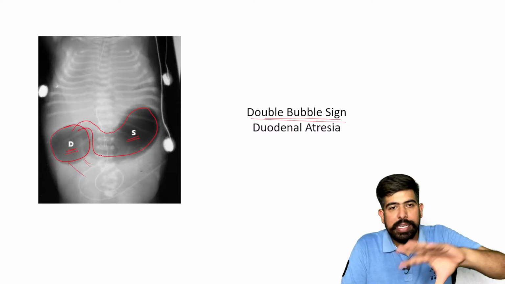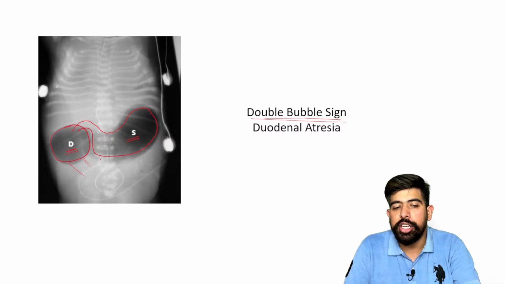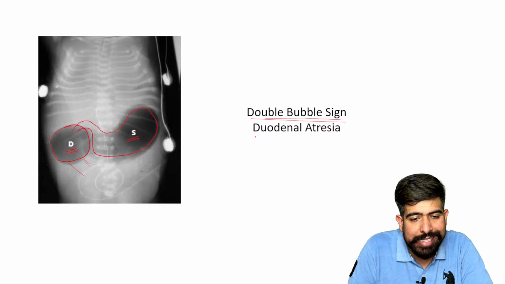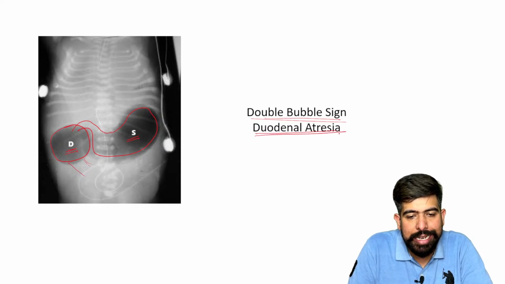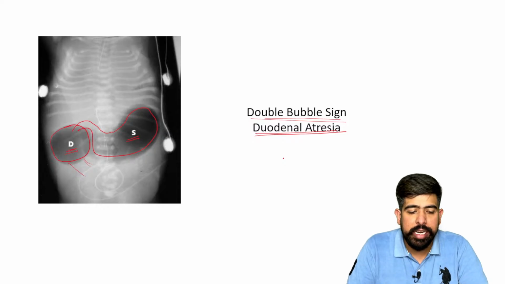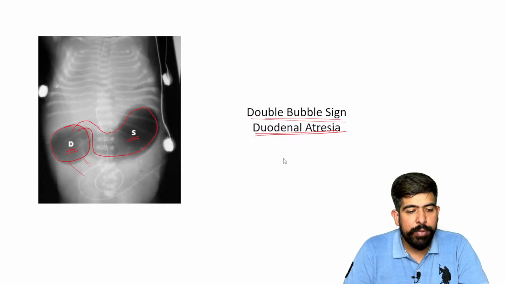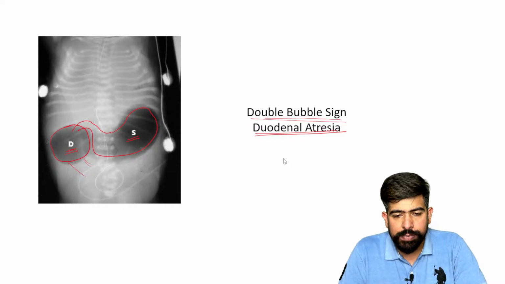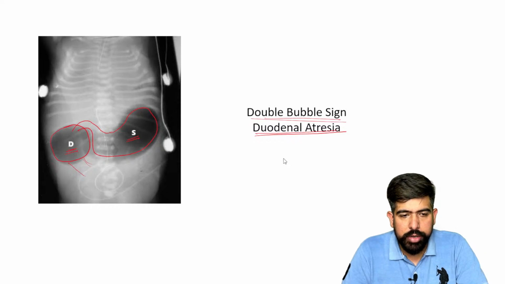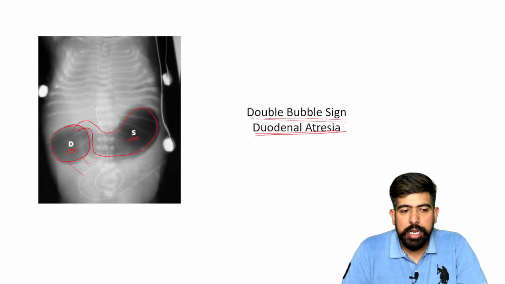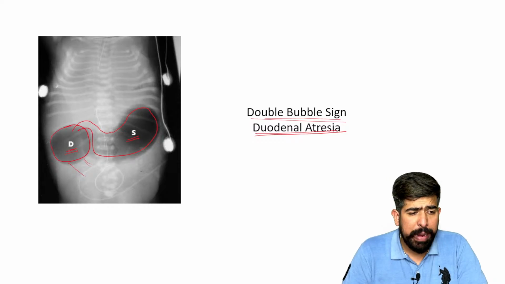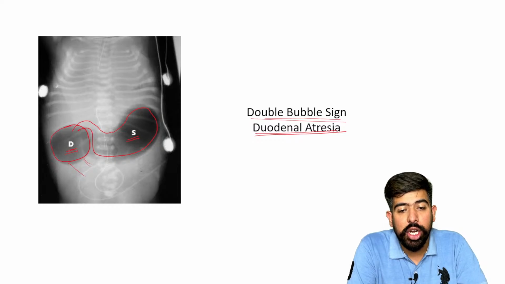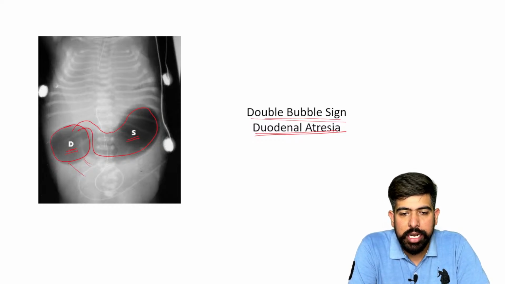It means the stomach is passing this air, next it is in the duodenum, and later it is not moving forward because the duodenum is obstructed, and this makes the diagnosis of duodenal atresia, right? It means the duodenum has atresia. There is a congenital abnormality, which is duodenal atresia. Okay, guys, now good to go. So the single bubble is congenital pyloric stenosis, right? And the double bubble will be seen in duodenal atresia.